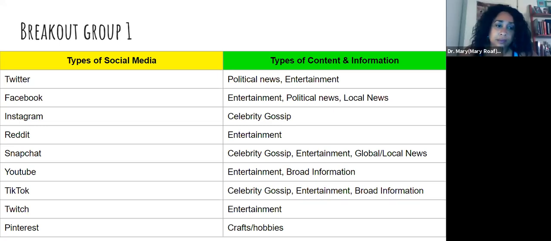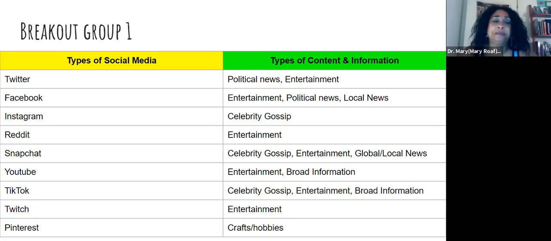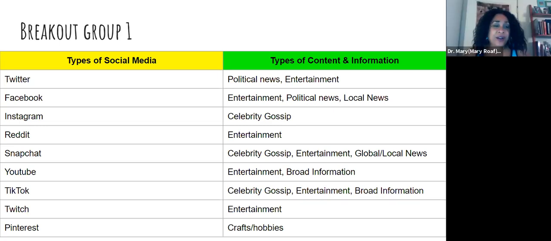And for YouTube, it's entertainment and broad information. It could be political, it could be how to build something. It's any type of information you want in the form of video. And TikTok, it's entertainment, celebrity gossip, and broad information, like life hacks, simple things like that. Twitch is for entertainment, more specifically gaming, and Pinterest is hobbies and craft. Yeah, and I forgot about Pinterest.